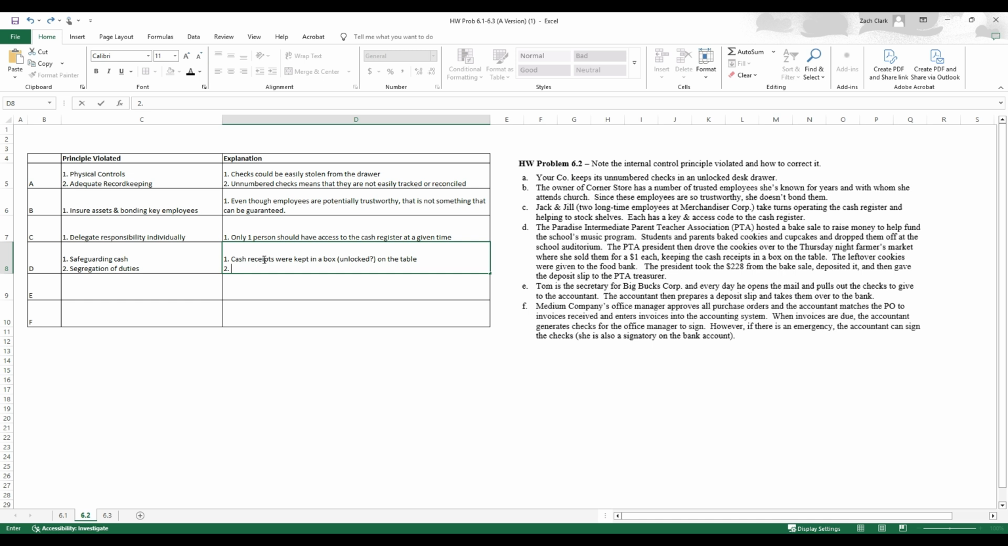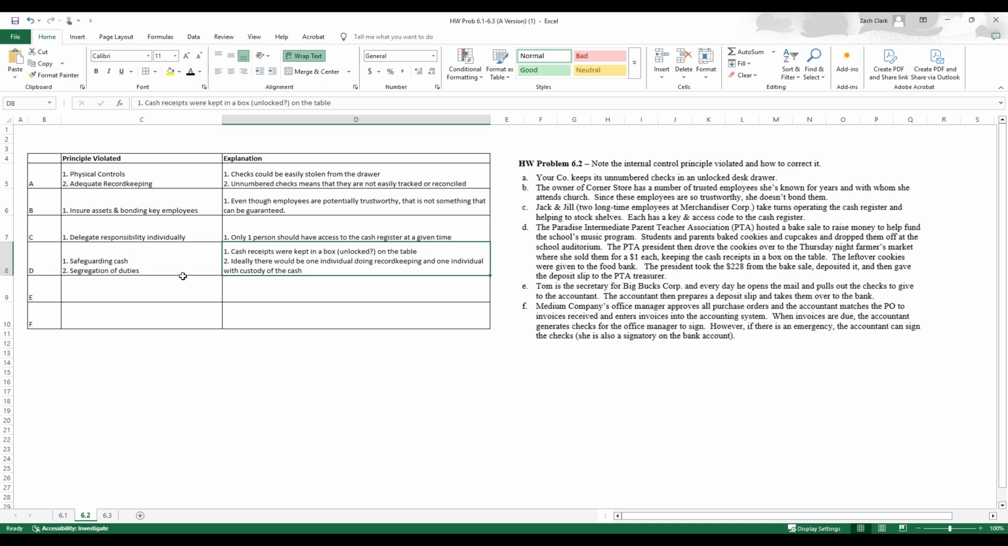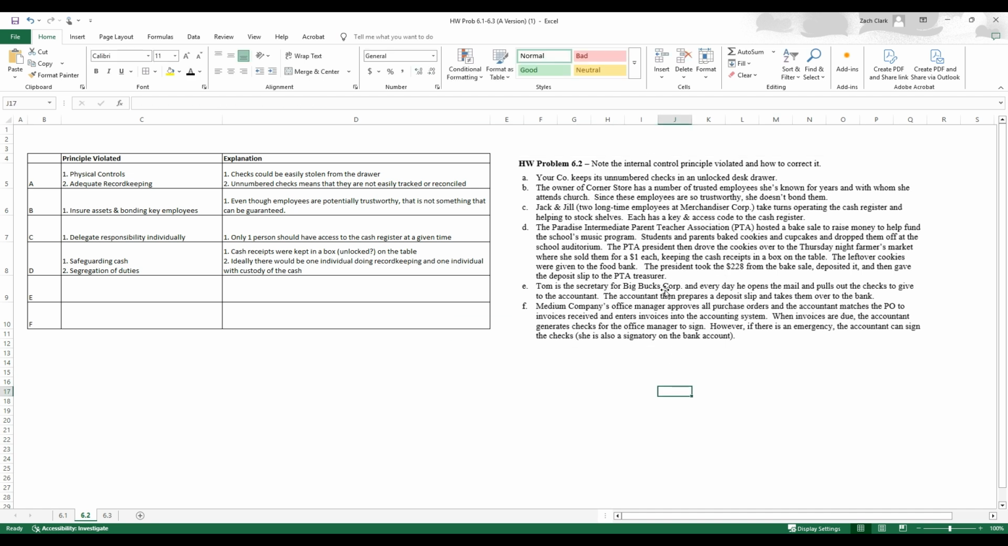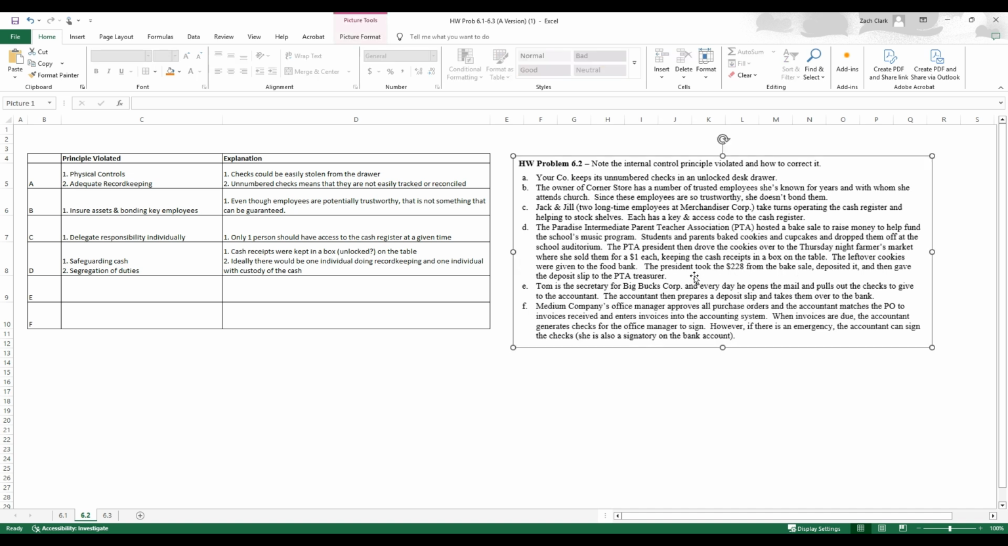And then as far as segregation of duties goes, ideally there would be one individual doing record keeping, and one individual with custody of the cash. And the cookies, I guess, if you want to call those assets or whatever. But you just don't really want someone who's doing all of those things together, because she could have got $300 or $400 and kept $200 and only gave a portion in, and since they're doing the deposit slips and they're doing all the record keeping,